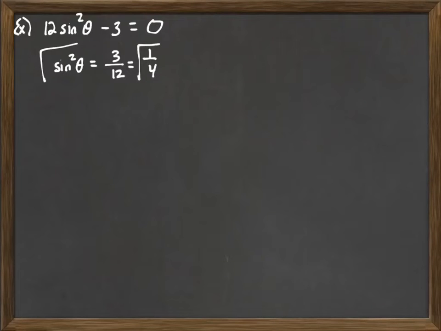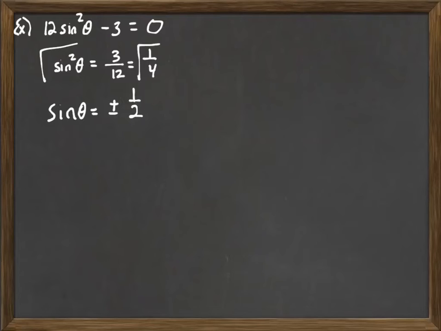Now, square root of sine squared, you have to remember, is actually absolute value. But we can drop that absolute value and just move the plus or minus to the other side. So it's really absolute value, which is going to bring in a plus or minus. Square root of 1/4 then would be 1/2. And so we have sine theta equals plus or minus 1/2. Okay, and from here,